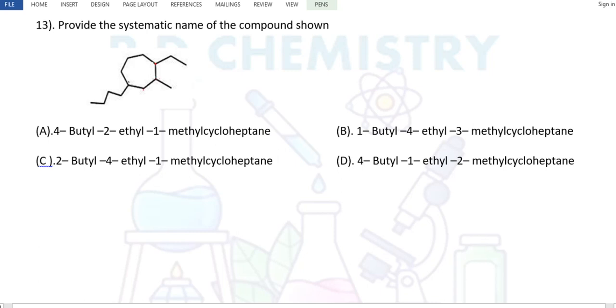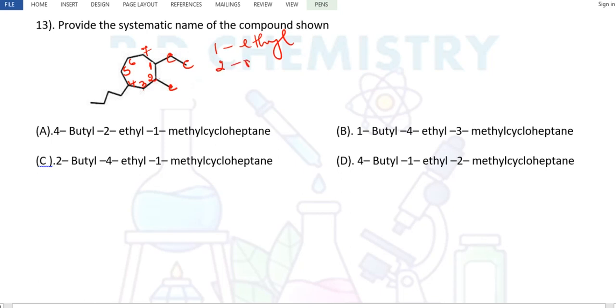When I add these numbers, I'll get the lower number. So 1, 2 position should be, okay, given preference. 1, 2, these are 1, 2 positions. 1 and 2, 3, 4, 5, 6 and 7. Hepta, 7 carbon, hepta. Hepta is there everywhere. So how many carbon atoms are there? There are 2 carbon atoms. So it should be 1 ethyl. 1 ethyl. Second carbon atom got only 1 carbon atom.